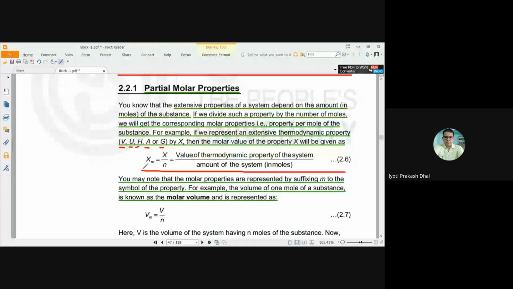Okay, sir. So we will start from the partial molar property. Here, the partial molar properties are extensive thermodynamic properties. Here the extensive